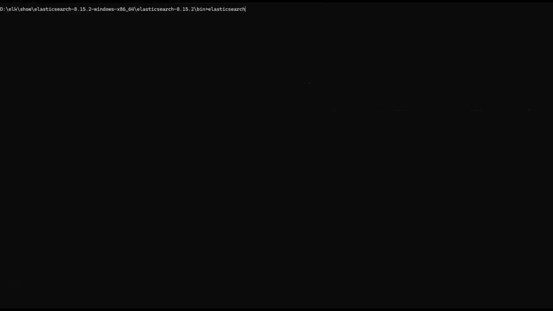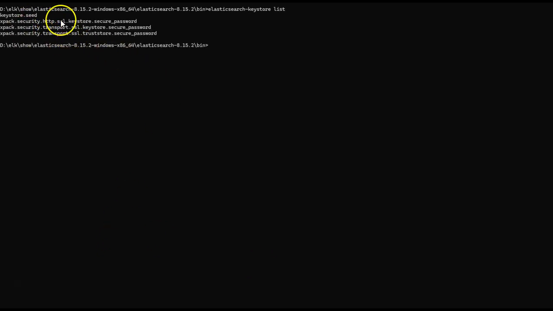So for this, go to elasticsearch-keystore and do a list. So here we have some properties configured in the Elasticsearch keystore which we no longer require. So we'll be removing this. I think the command for that is delete, keystore delete. So copy this configuration first. Enter.